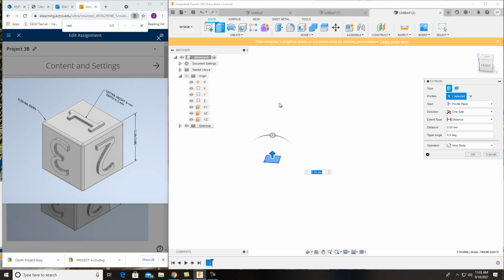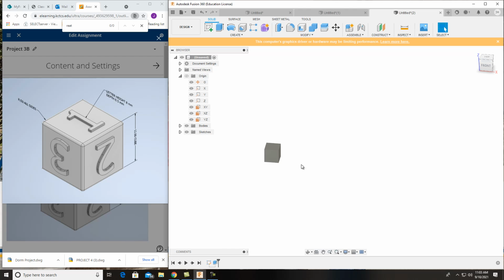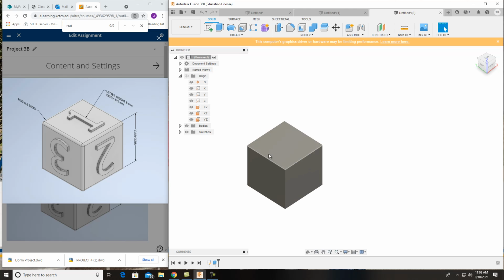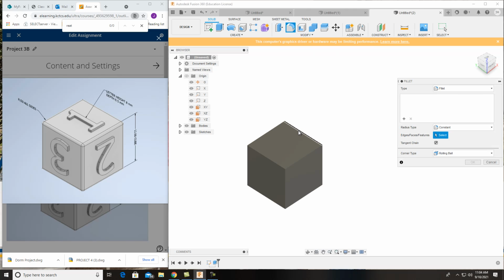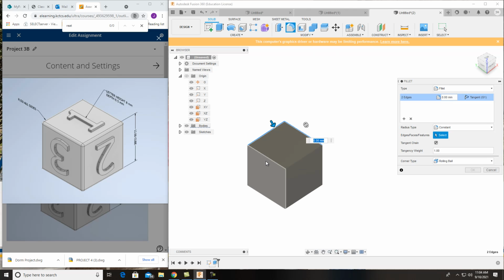I go to my extrude, and of course it's a cube, so it'd be 12 as well. Enter that in, and you see it down here how the history is working. So all I have to do at this point is put some edges on this part, or fillets on the edges, and you'll see here radius of 50 on all sides. So I come up here to my fillet tool and my modify, and just go through first and grab all of your edges,